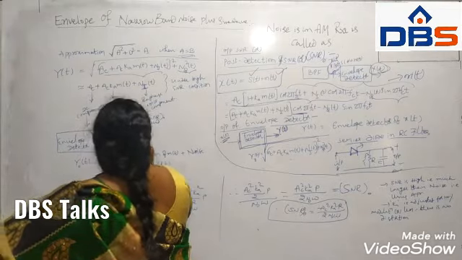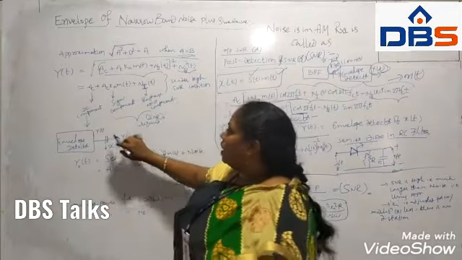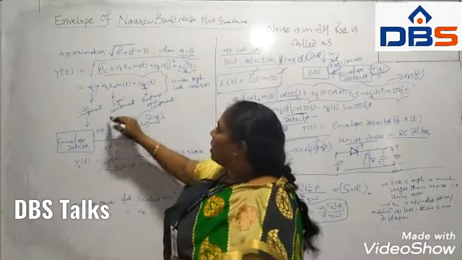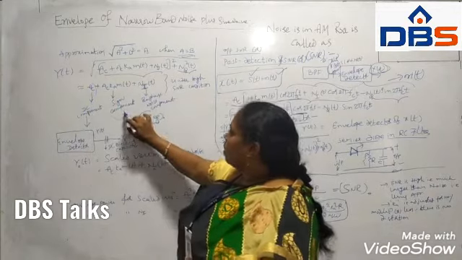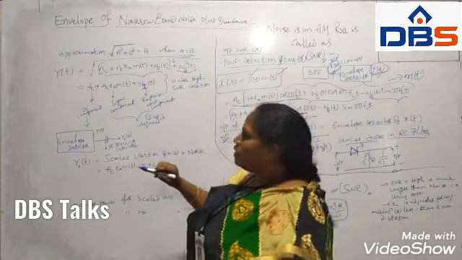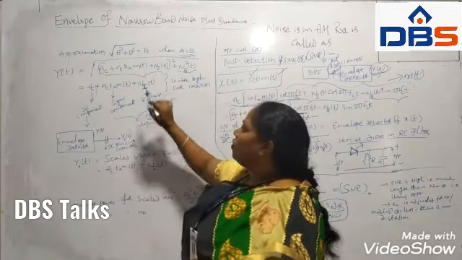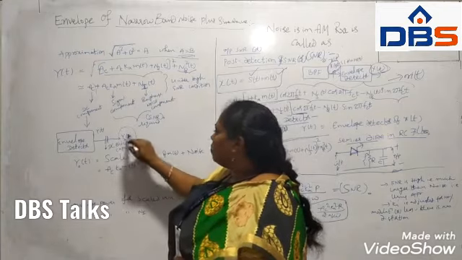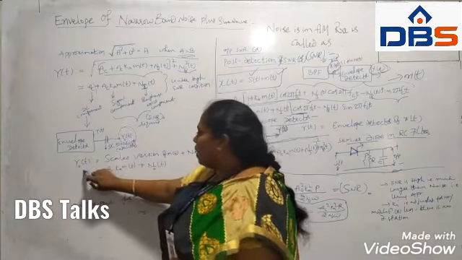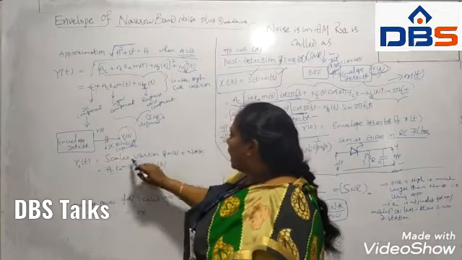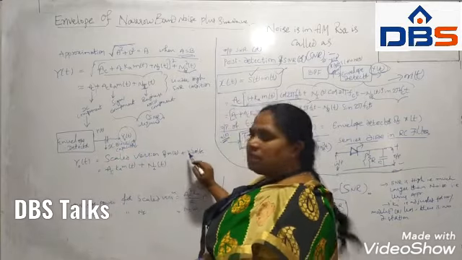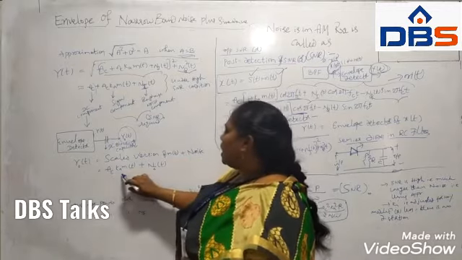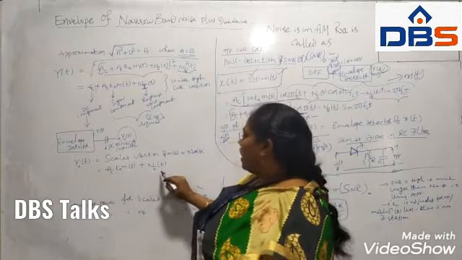DC blocking capacitor. That means what? Here this DC component will be removed. So the remaining two terms are the signal component and the in-phase noise component. These two are required for the output SNR. Finally we can take this output as y naught of t. So y naught of t is equal to the scaled version of M of t plus noise. Here the scaled version of M of t is AC Ka M of t, plus Ni of t.